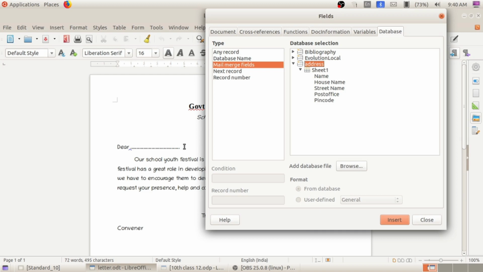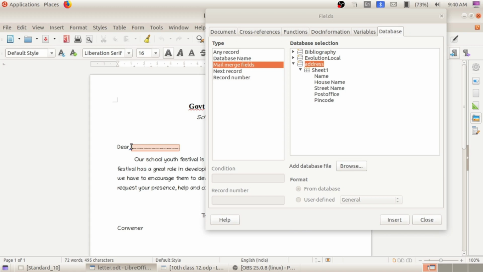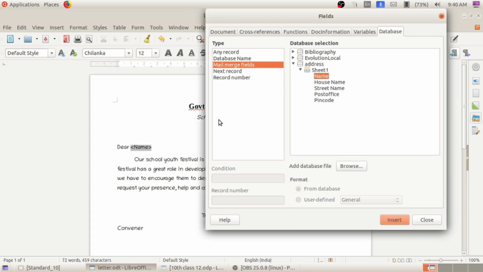Now here I want to enter the name of the parent, so click on this place and simply double click on this name option like this. See, here we can see the name placeholder.